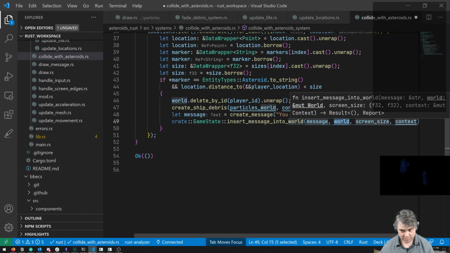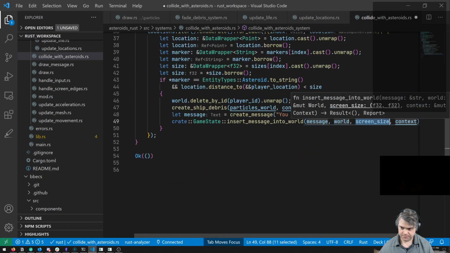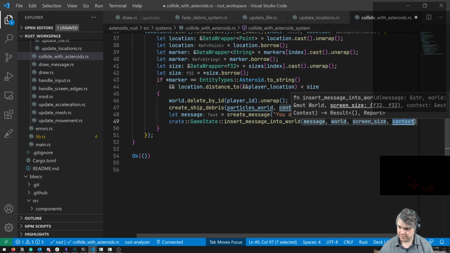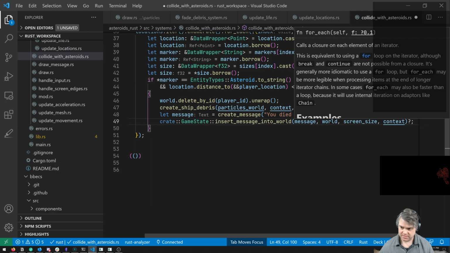We have a reference to the world. The screen size, I don't know if we have that. We have the context, so we could get it. And the context, okay? So we could do that.